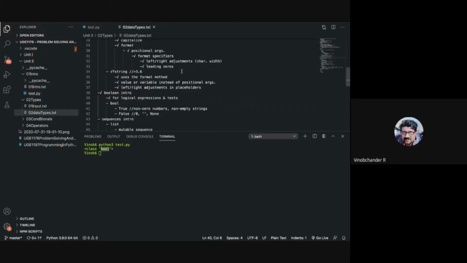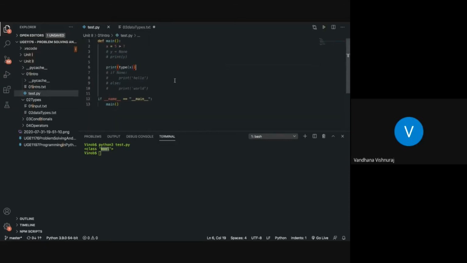Sir, I wasn't able to understand one part of the program. When it's if true, why doesn't it print hello? Instead it prints world. No, it prints hello, but it doesn't print world.